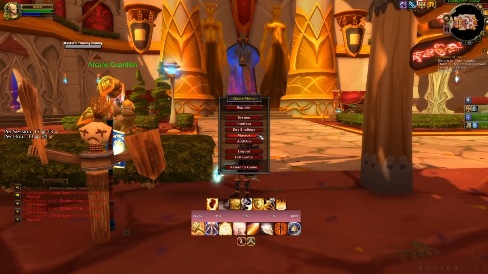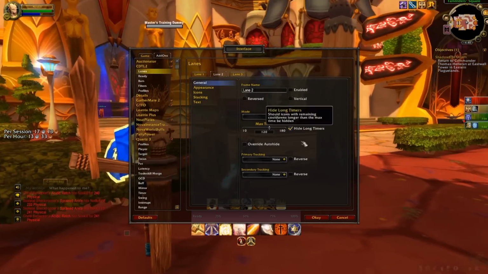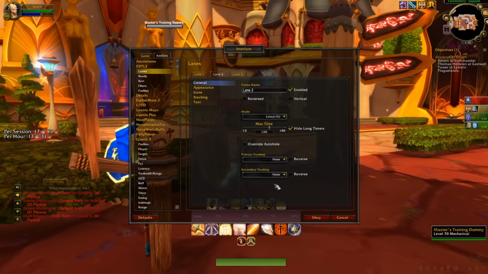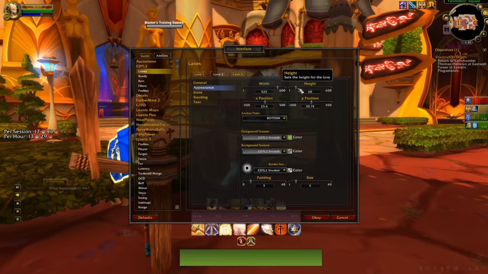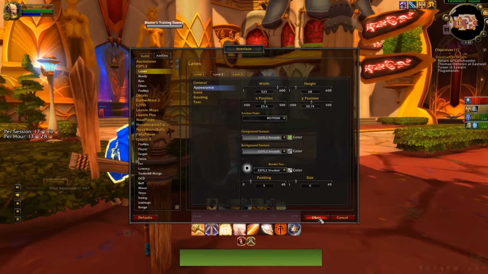So I have my bar like this, but you can do a lot with it. You can even enable extra lanes. So this is a lane. The pink bar that I've got with my cooldowns on is a lane, but you could also have lane 2, which you can customize however big or small, so change the appearance. You know, the width, you can have it as long as you want or as tall as you want or whatever. So if we just really over-exaggerate this one so you can see what it actually does,